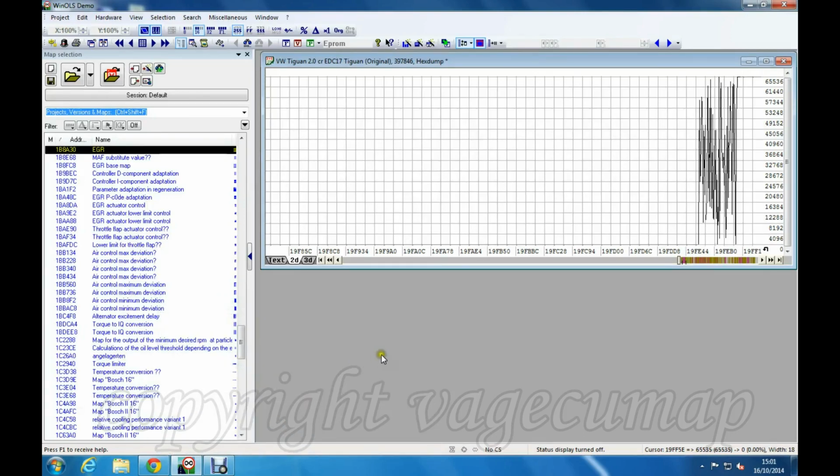Okay, in this video what I'm going to do is have a look for the diesel particulate filter or DPF switch in an EDC17 file. I'm using a Tiguan 2 litre common rail EDC17 file here. I've just picked it at random and I'm starting at the beginning,